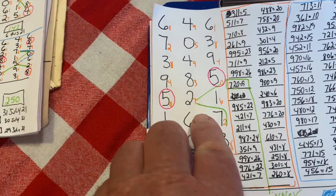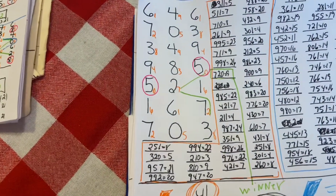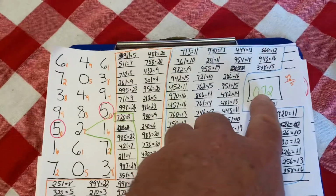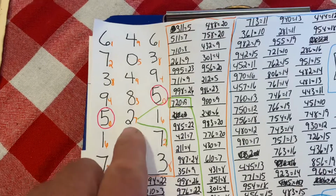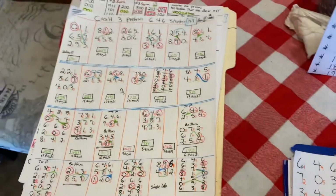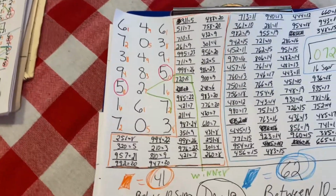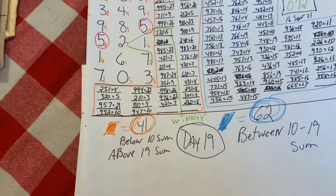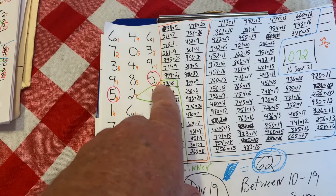But the numbers come out on a different line for that to come out to win on the 720, which 072 was the number. So what I done was I added this pattern to my pattern list right there. I added it to that list. So that made it 148 patterns. This is a winner right here, even though, because it come up with the same 3 numbers and the same